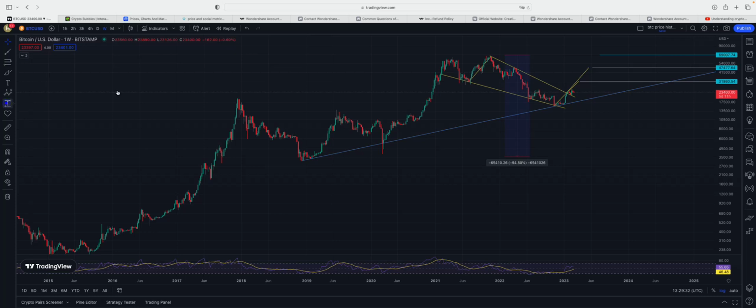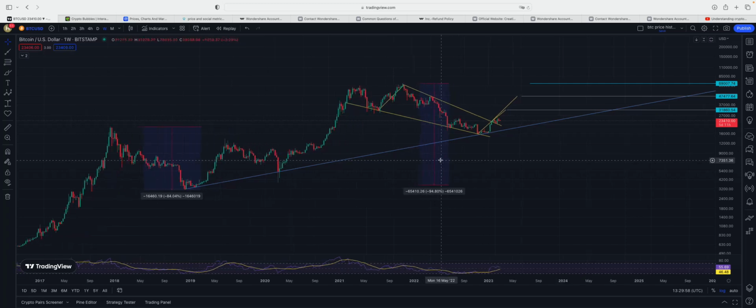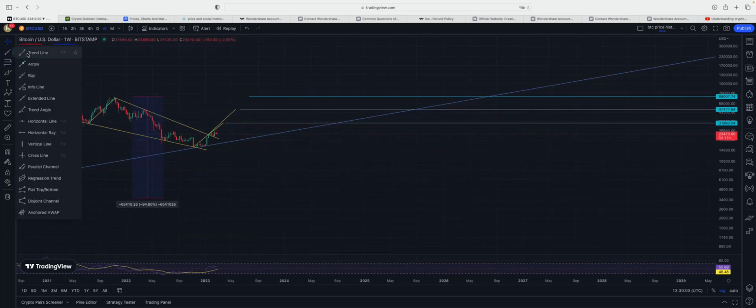So from here, from the top to the bottom right here, I think it was an 84 or 83% drop. So this drop right here will be greater than the past successive drops, which means BTC is taking a turn, like a huge turn. Now, as we said before, the entire chart was painting this type of structure,